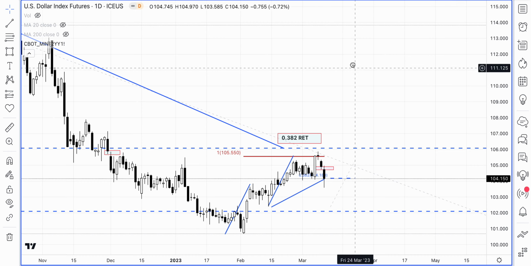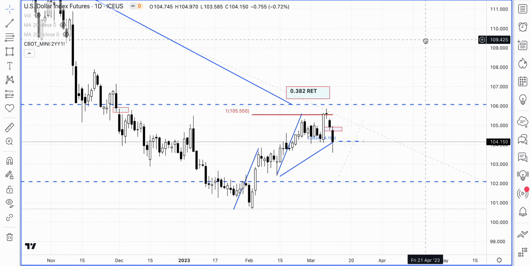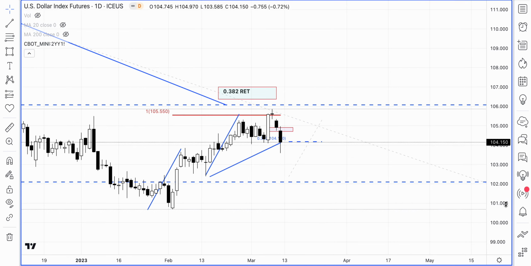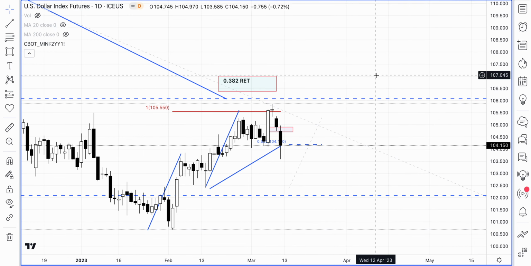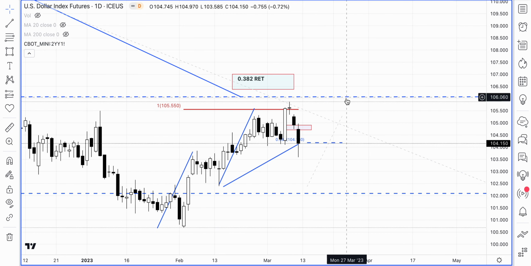So guys, what we are looking at is the daily chart of the dollar index futures. Here, based on our last video, if you recall, we had been waiting for the dollar index to reach anywhere between 105.55, which was the ABCD pattern, to 106.07, which is the 38.2% Fibonacci retracement. So it looks like what happened over the last few trading days is